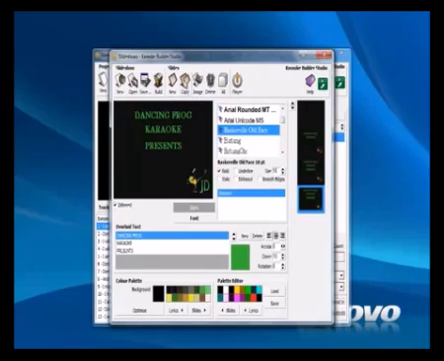Now I'm going to delete this slide because what I want to do is make a copy of this one, because I want to create some more text. And in this case, I'm going to do "in the style of." Now I'm going to position this to 25 across, but I'm going to position it to the left, and I'm going to move it down to about 130,